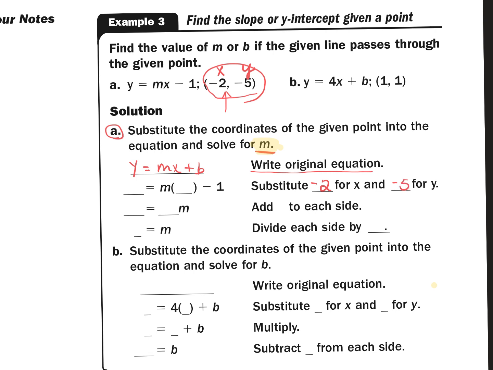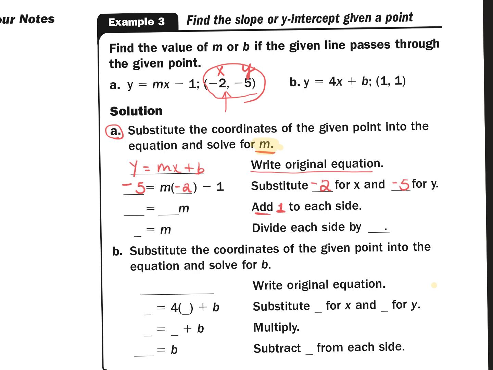So y is going to be -5, -5 equals m times -2 minus 1. Right? Now, the next step is to add 1 to both sides, because we talked last week